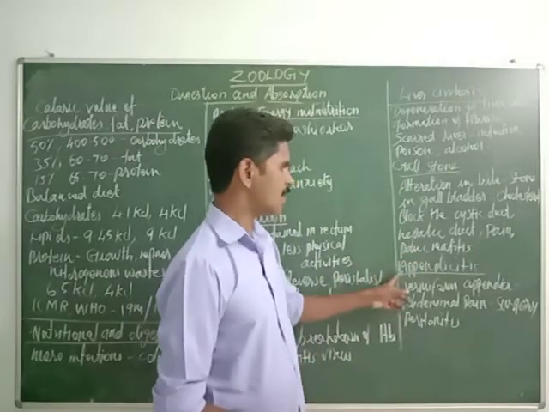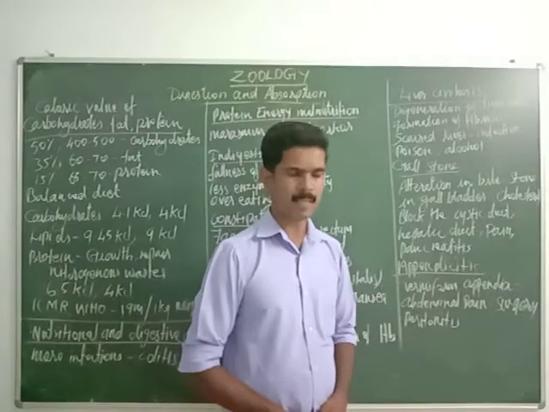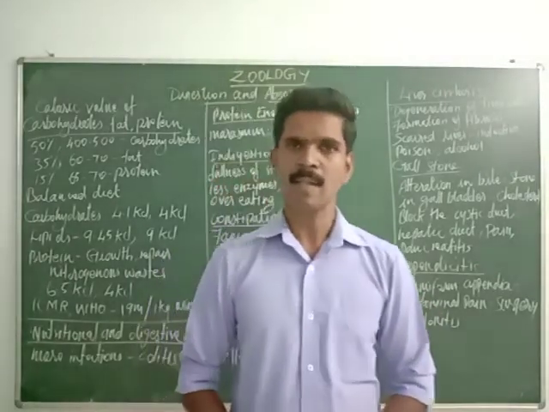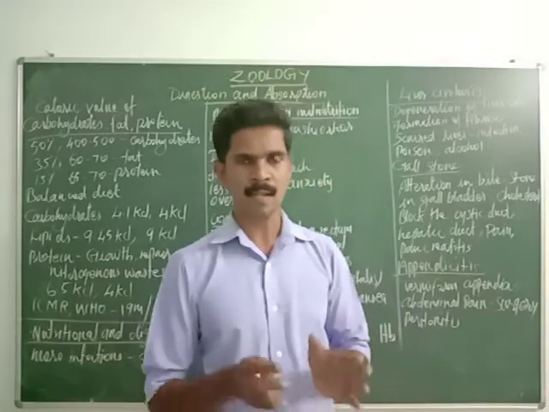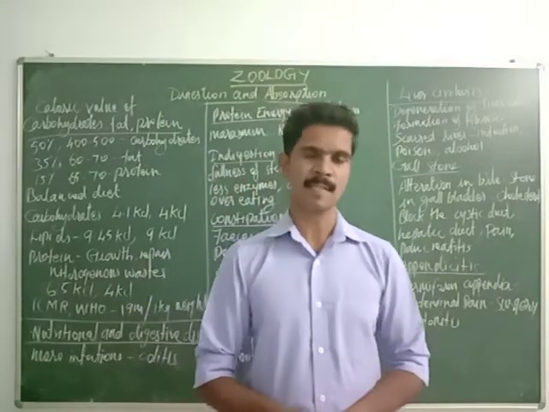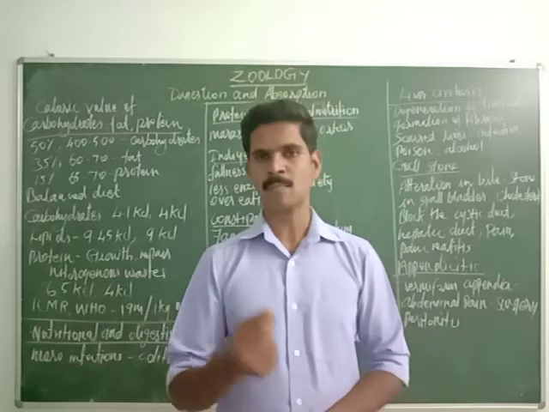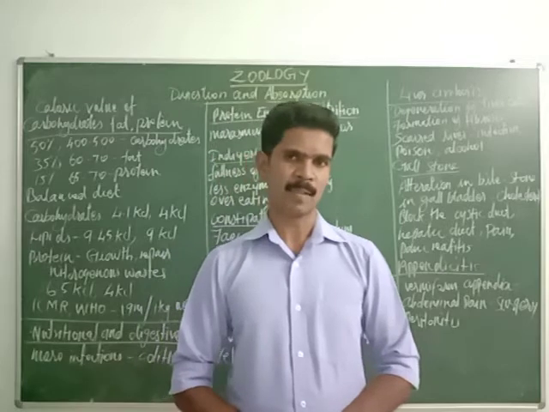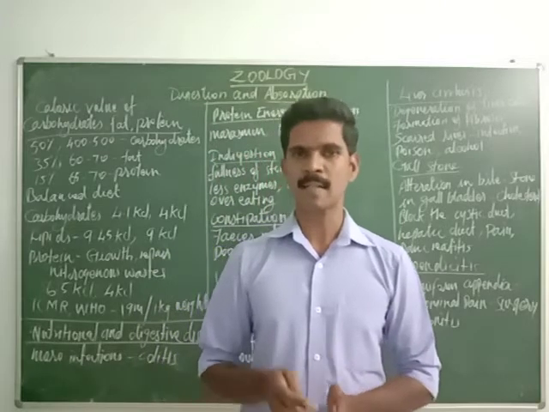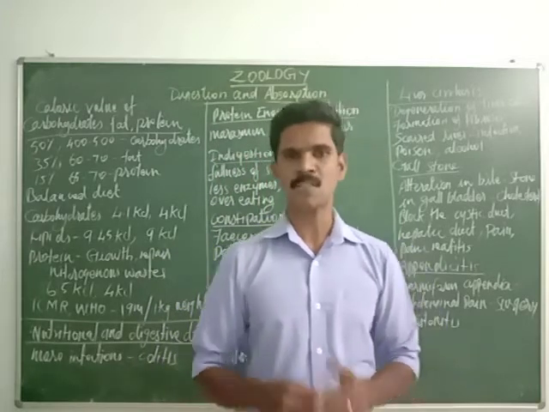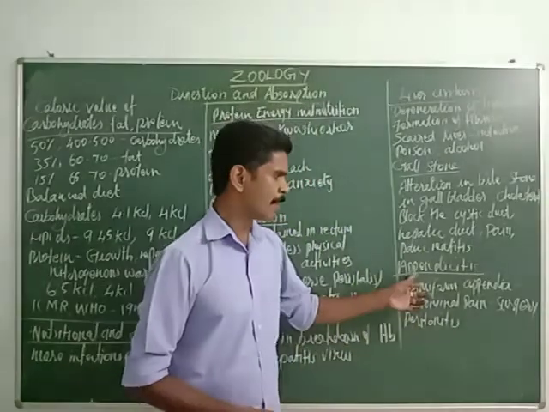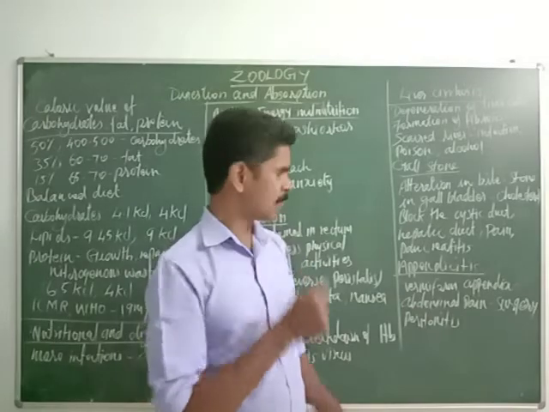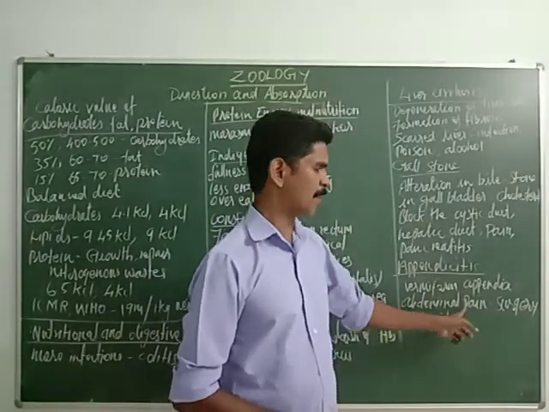Then the last disease, appendicitis. Appendicitis means inflammation in the vermiform appendix. Already we have studied in the large intestine, a small finger-like projection is there. This tube-like projection is called the vermiform appendix. Understand? So if any inflammation occurs in this vermiform appendix, it leads to one disease. That disease is called appendicitis. The major symptom of appendicitis is abdominal pain.